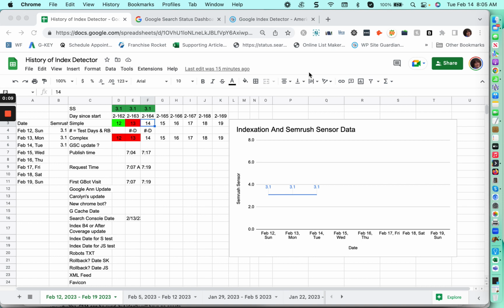Happy Valentine's Day. It is also day number 529 of the indexation research project, marking the one-year anniversary of when I started testing the new protocol on getting new content into the index last year. And things have changed again. The issue right now seems to be getting content from crawled and indexed in Search Console over to being served in the primary index for specific sites, the ones that are designated as primary desktop crawler. And what that means is the desktop crawlers are the ones that compile the data that we see in Search